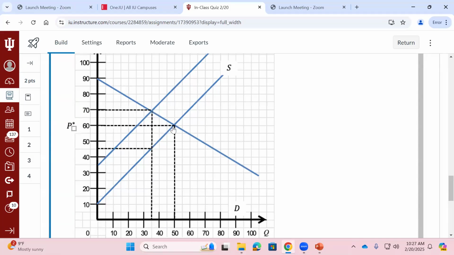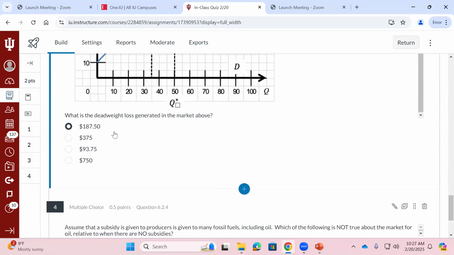The difference between my supply and demand curve here, so the height of that triangle, notice, when it comes to deadweight loss, what is the height of that triangle always going to be? What is it here? The value of the tax. And then what is the base of that triangle? What would this represent? The quantity lost, right? The number of units we're no longer seeing sold. So here we saw the quantity go down by 15. The tax is 25. 15 times 25 times a half should give us that 187.5.